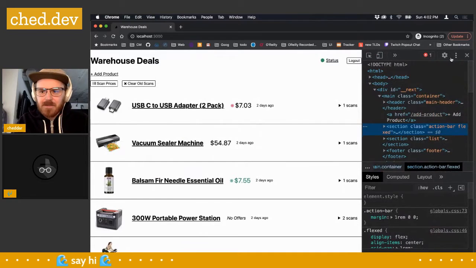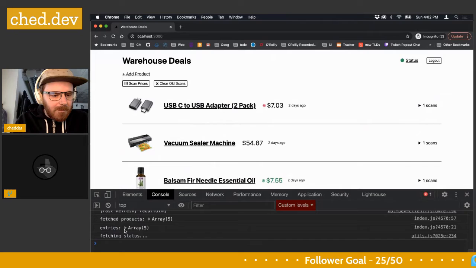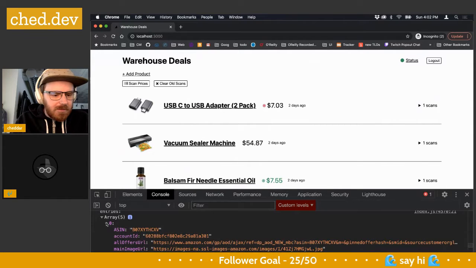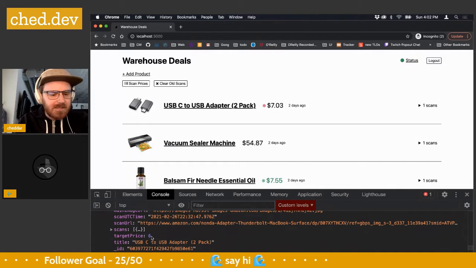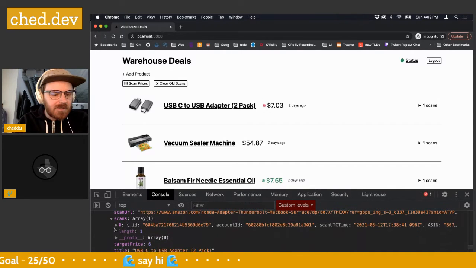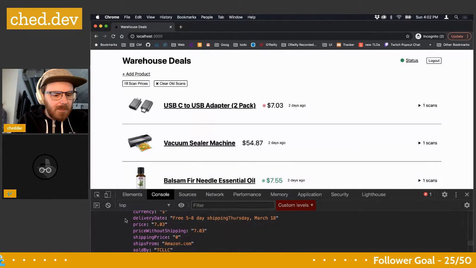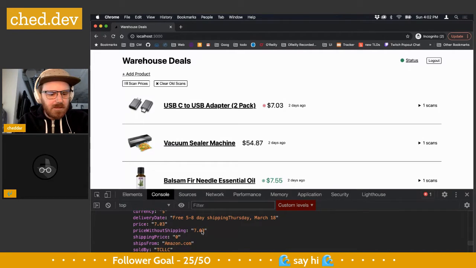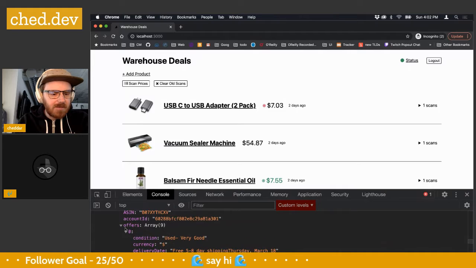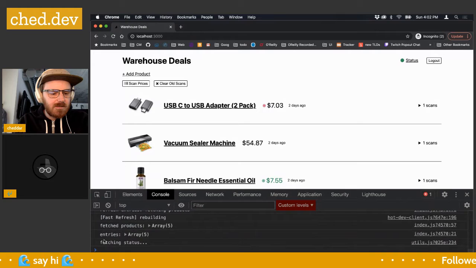This site is not mobile friendly. So here's our entries. Our first one should have a target price. Yes, target price is 6. You'll see our scans, offers. That price is not a floating point number. It's a fixed number. So we're going to have to compare it manually. Getting a little tricky there. Maybe we should normalize it, but